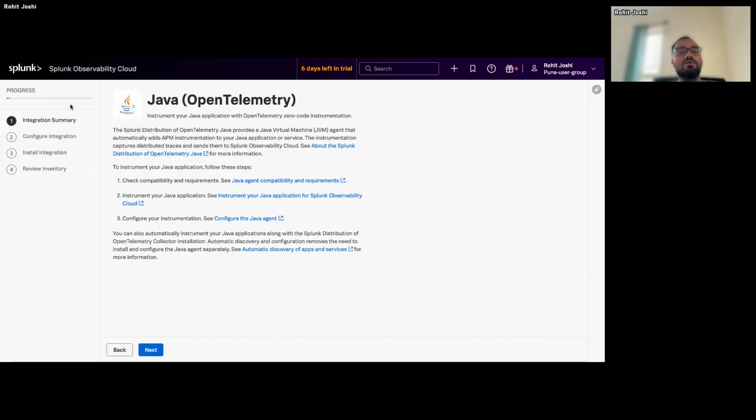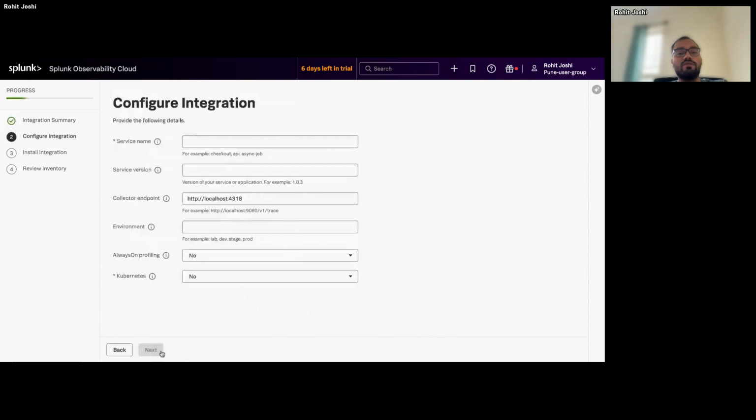So we were talking about the APM piece, how we are going to enable the instrumentation and all these things. You can see I just went from the available integrations and chose Java OpenTelemetry. These are some prerequisites we have to follow. We have to check the compatibility, instrument Java applications, see how you can instrument your Java, and how you can configure instrumentation. You just have to go through these links. And then when I click next, you can just give the